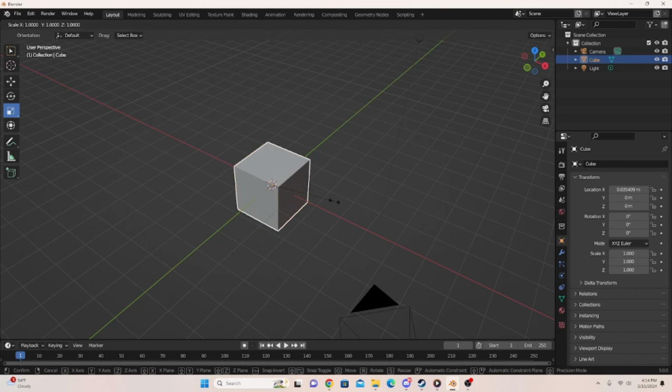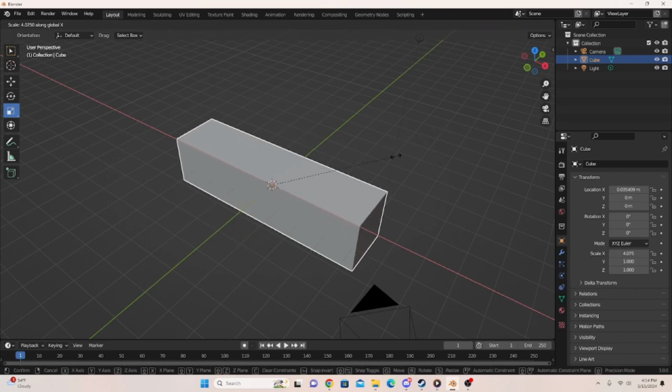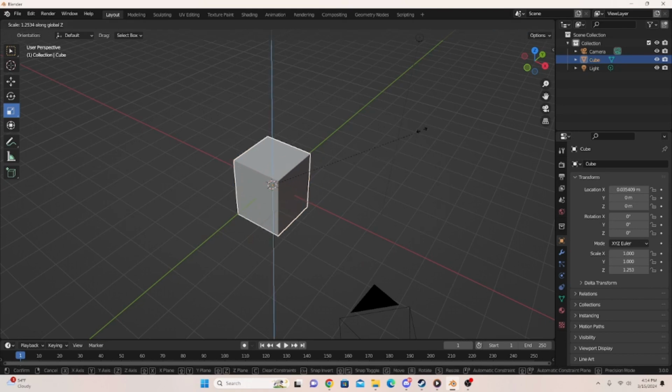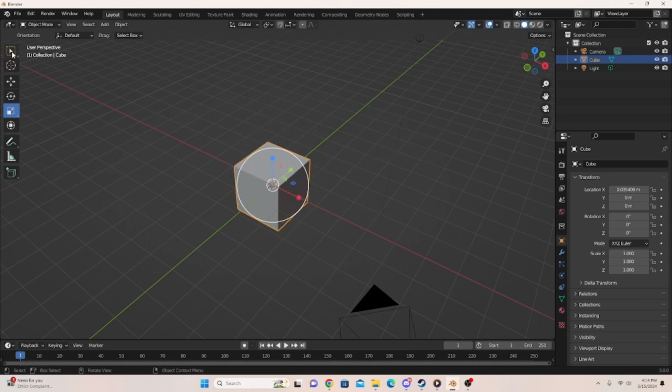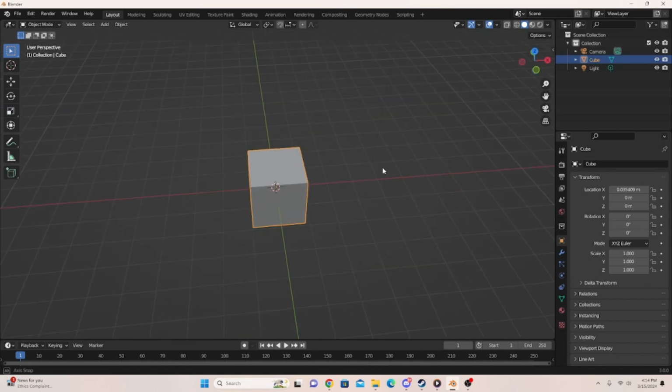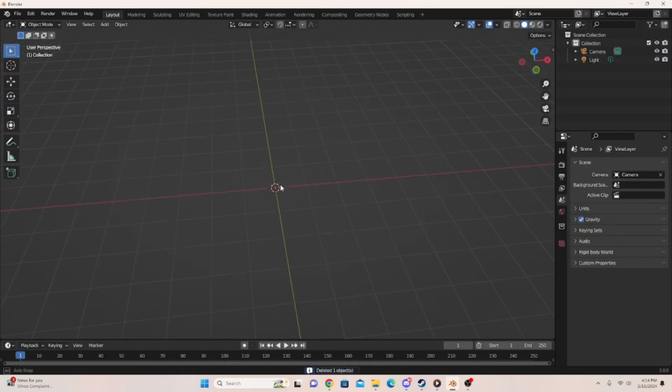Or you can hold S and Y to do that on the Y axis, S and X to do that on the X axis, and S and Z to do on the Z axis. So let's go back to select mode and delete this. So you just left click it and click delete on your keyboard, and I'll teach you guys how to add